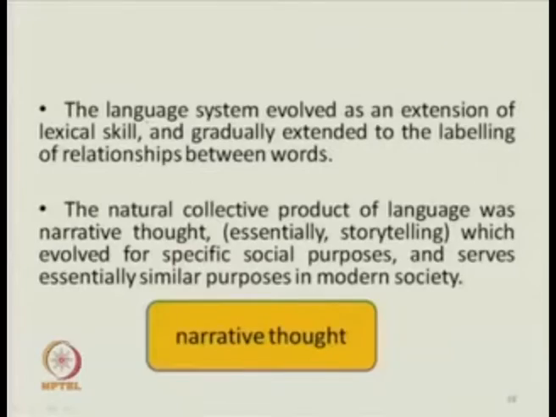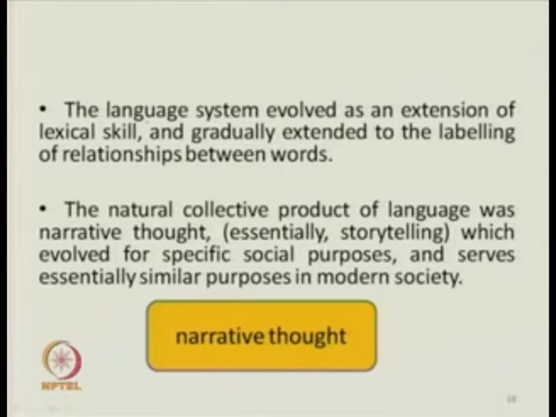To add causality to it, this happened, then that happened, and because of that, a third thing happened. Do you follow? So this kind of linking things into narrative thought is because there's an extension of what he calls the lexical skill and the arbitrary labeling of relationships between words,